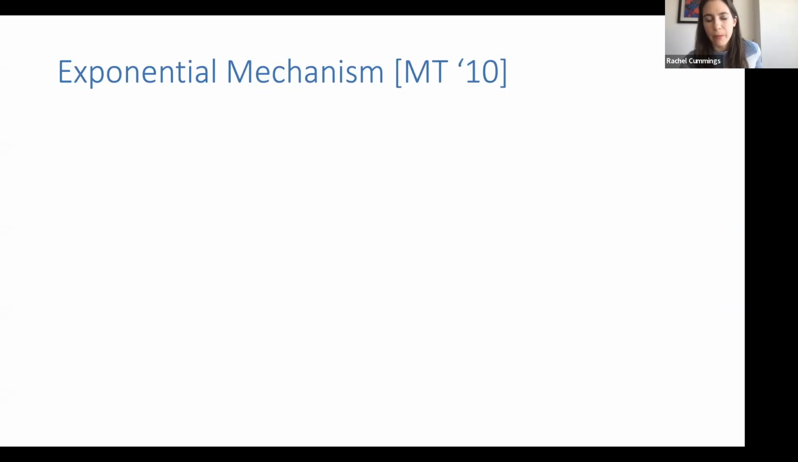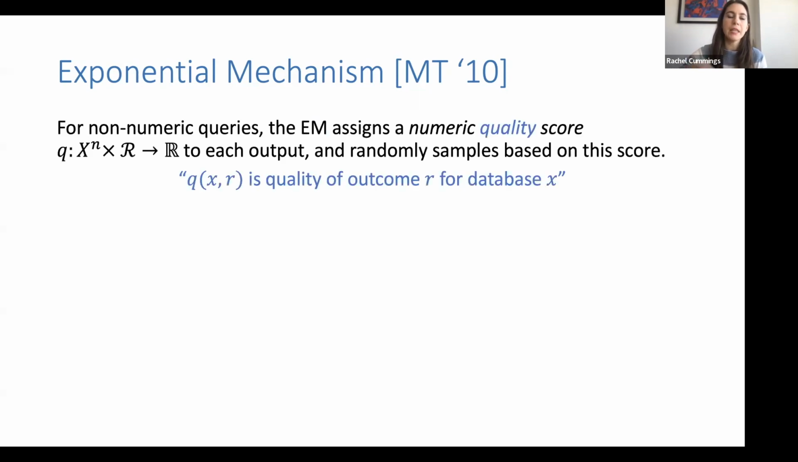One more common mechanism is what's known as the exponential mechanism, and this was defined by McSherry and Talwar back in 2010. This one is used for non-numeric queries. Before, as we defined delta F, it had to be a real-valued query. But now we can think about questions like, what's the most common eye color in the room? I can't say blue plus 0.3. And so instead we have to find a way to translate these into